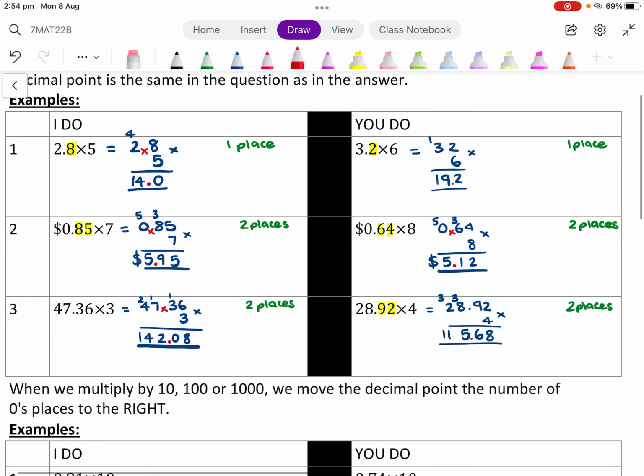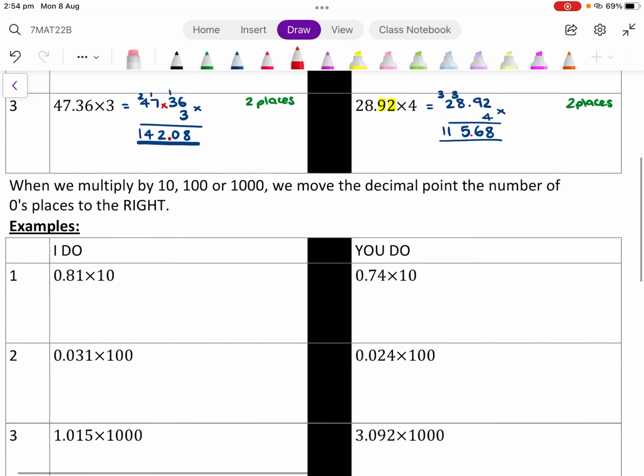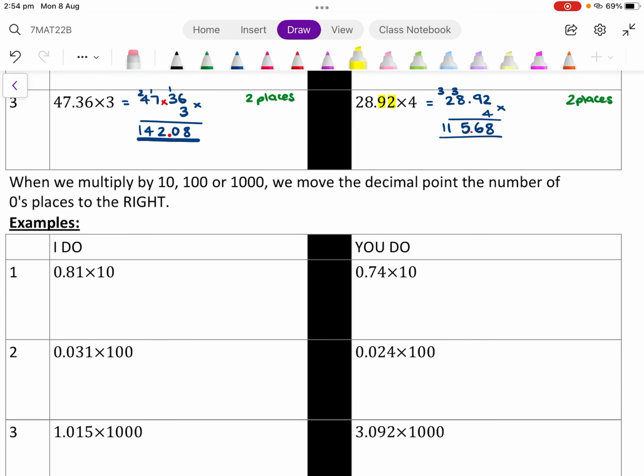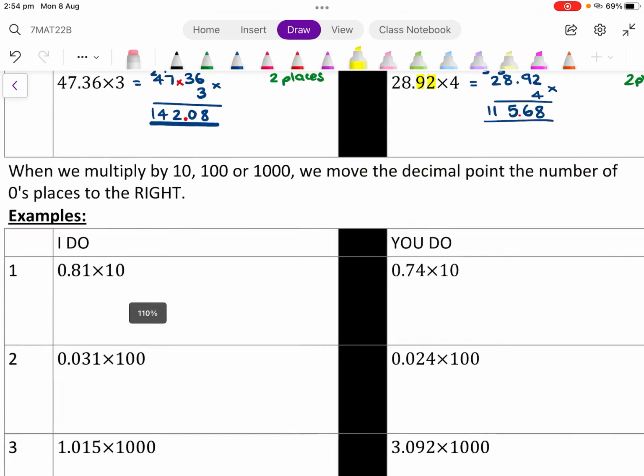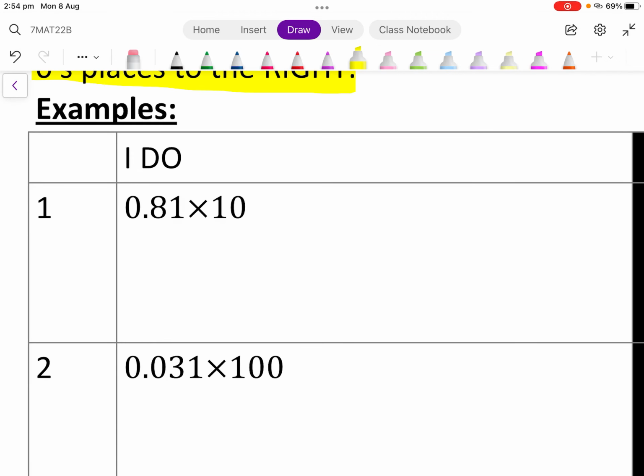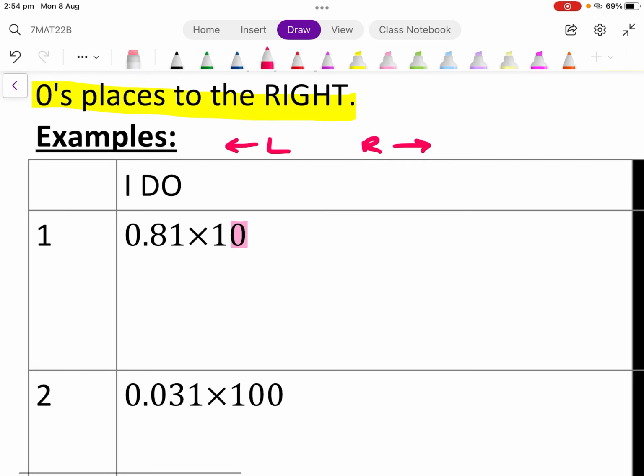Now what we're going to look at is when we multiply by 10, 100 or 1,000, we move the decimal point the number of 0 places to the right. So for this first one, we have 0.18 times 10. So I have 1 0 here. So I want to move my decimal point. Now my left is this way and my right is this way. So I'm moving my decimal point 1 place to the right because I had 1 0, meaning that my answer will be